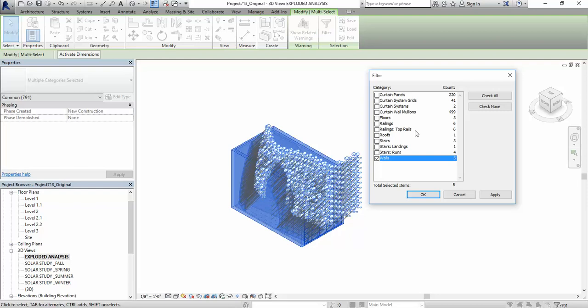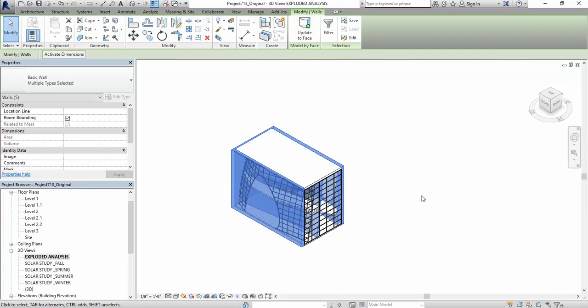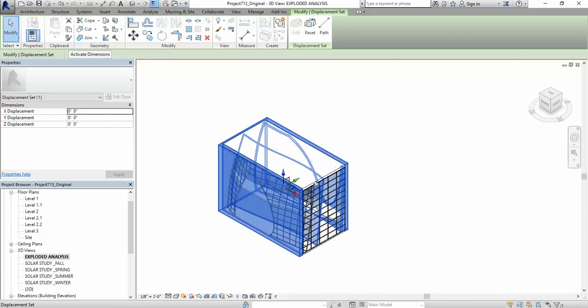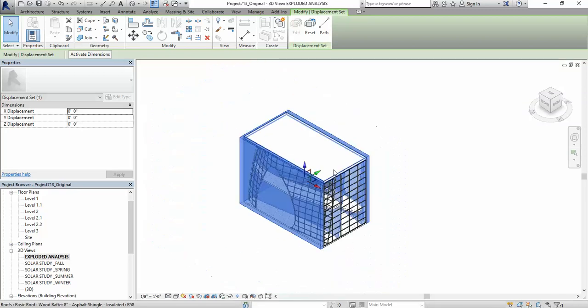layer. So I will only select the walls here, I will hit OK to that, and here they are highlighted as blue. I could do whatever I want with them, but right now I will just make them an actual group. I will go under the Displace Elements button. I will click here, and what this button does for us is that it groups everything together. It creates a body out of all of the walls, and also brings a gumball as part of our interface,